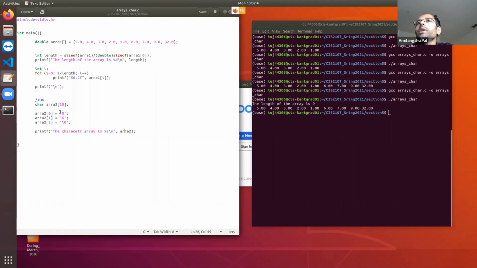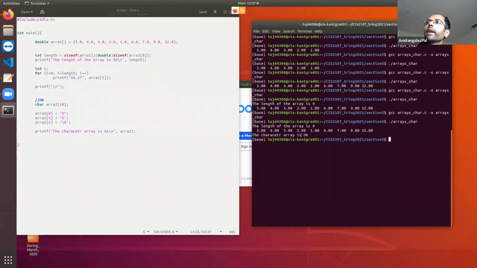It is going to start printing character by character until it reaches the null character or termination character. Whenever the compiler encounters the termination character, it will understand that this is the end of that string. So if you compile it, you will see that the output is OK.